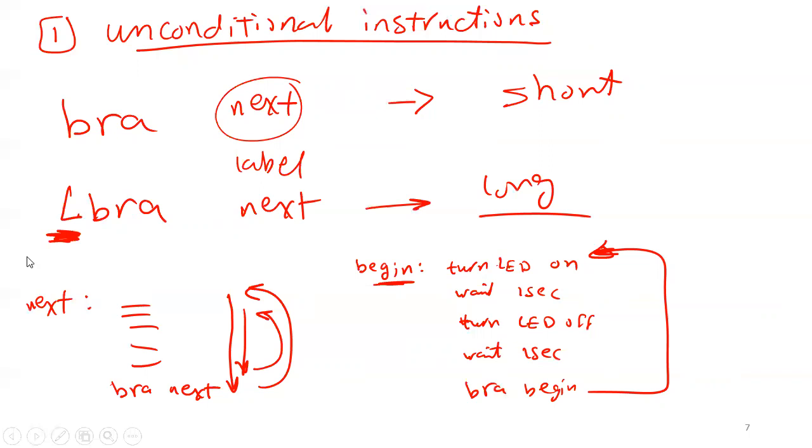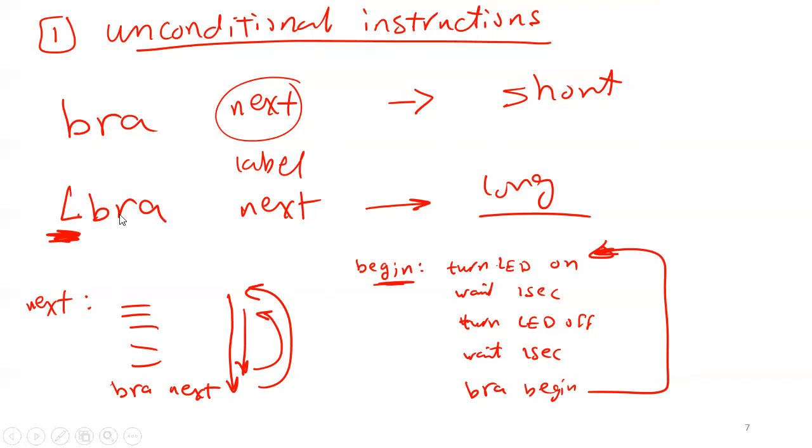But anyway, here for unconditional we have only one instruction, only one. Look here, guys. BRA, branch. This is the instruction we have. And next to branch, you have to write a name. This is where you have to jump. And this label or name, you have to put it in your code. Okay. And look here, guys. If you add here the letter L,